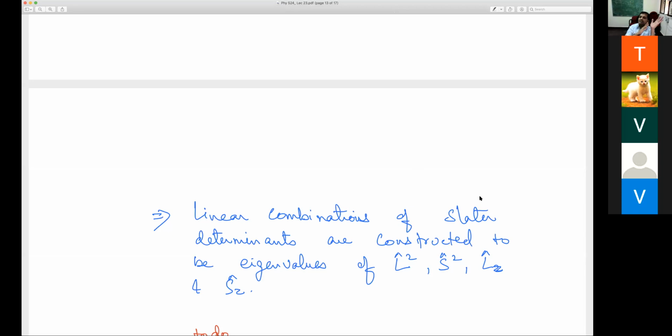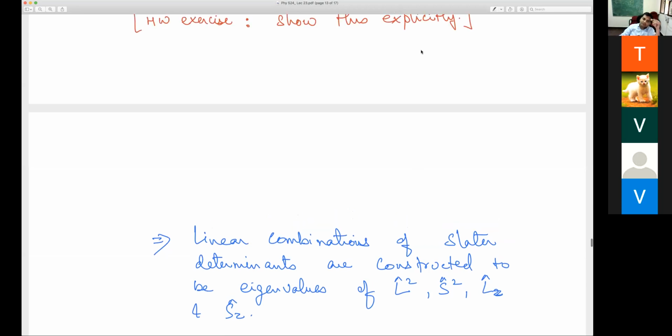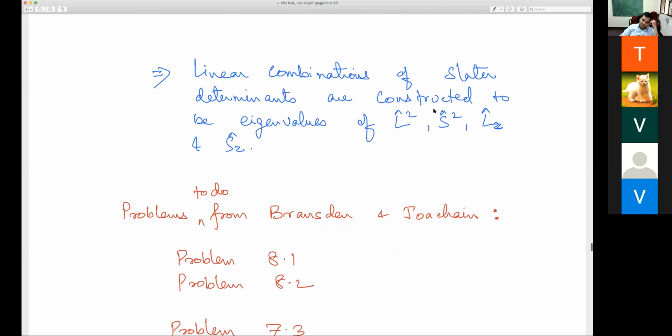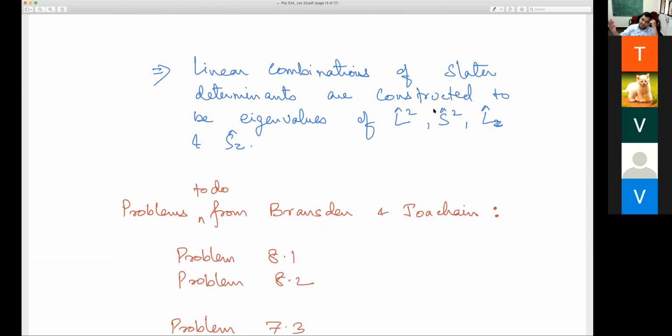Okay. So from a Slater determinant, we already had N squared, N to the power 4 order terms, etc. And now we will have not one, but more than one Slater determinant, just to fit the eigenvalue of the L squared and the capital L squared operator. Okay. And if you want to do this, then your number of terms goes even higher.